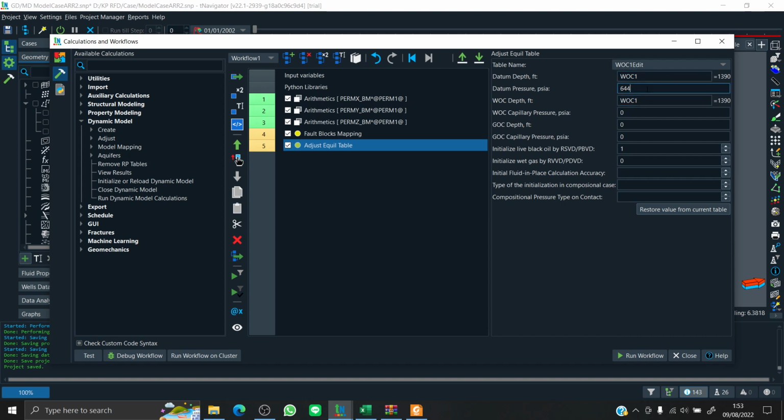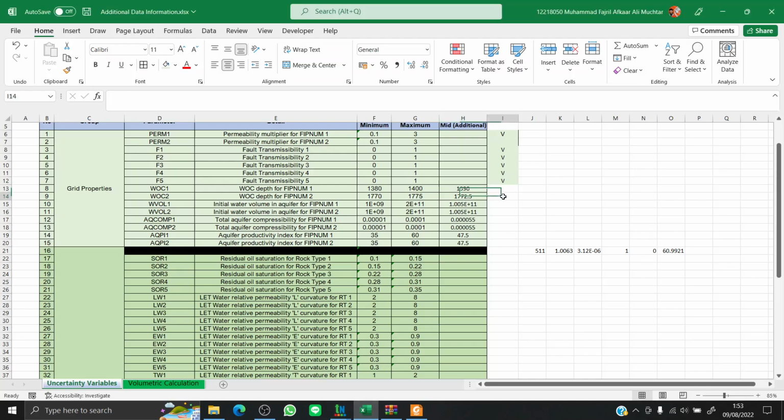So I'm just gonna use the variable also for the datum depth. It's actually not physical, but we're just gonna continue from now on. You can incorporate your variables, that's what's important. After you adjust your equilibrium table, you can move on to another set of variables. So I think the water oil contact is done.